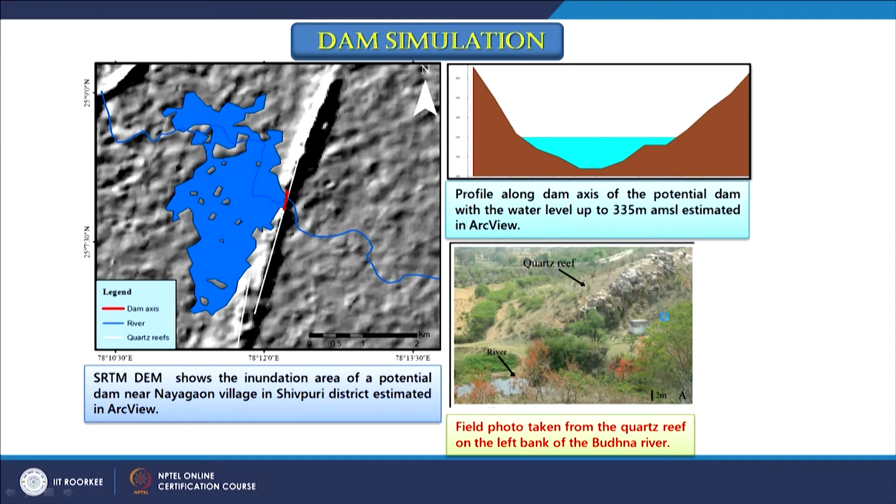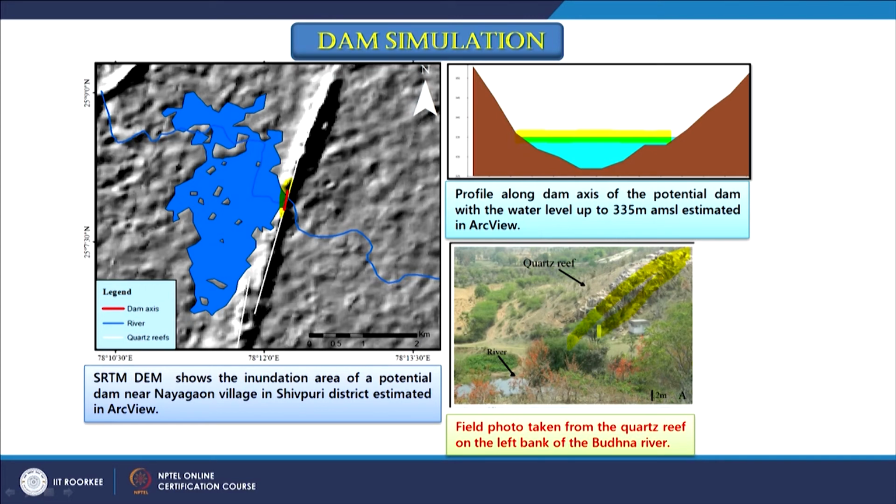Now, employing GIS and a high spatial resolution digital elevation model of this area, we can even simulate a reservoir before its construction, and this is exactly what has been done. Once we have decided that the reservoir marked here as red will come, this is how the profile will look, and if we decide the height of the reservoir as shown here with the blue color, then what would be the inundated area upstream can also be modeled. This has been done through this dam simulation on a GIS platform.